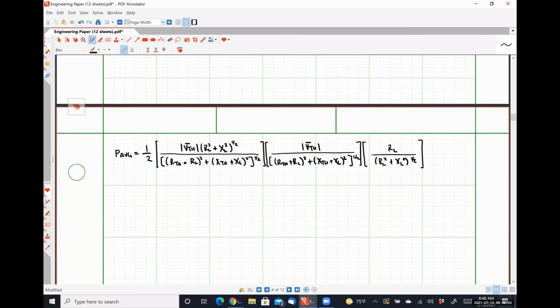So what I can see is that I have this term in the numerator being canceled by this term in the denominator, which leaves me with